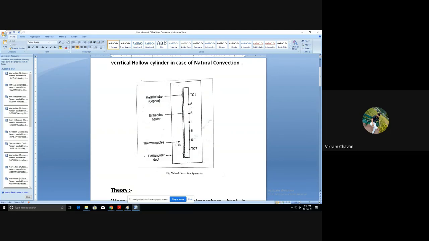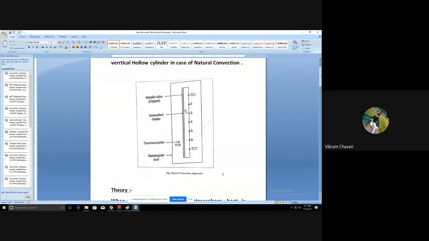Once this hot air or low density fluid moves in the upward direction, the place of that hot air will be acquired by the cold air, or the cold fluid. So that cold air will enter inside this compartment from the bottom side. For that reason, the bottom side is also open, and it is closed from three sides, whereas the front side is visible, so that we can see what the construction is, or how the instrument